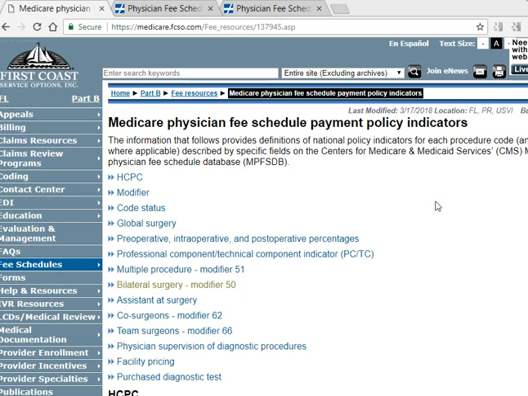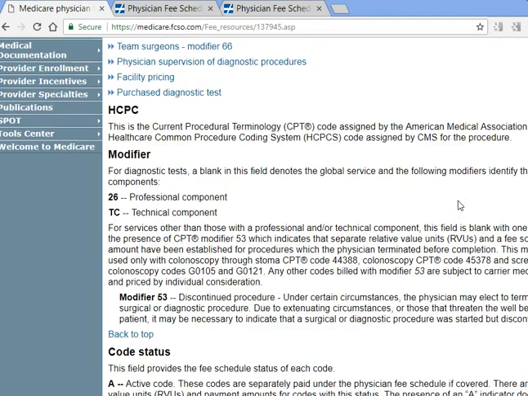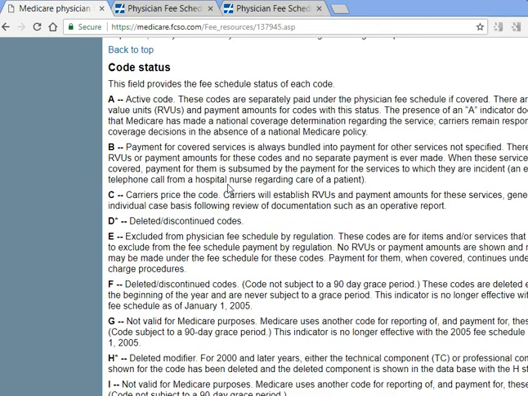So we're going to scroll down here. These are all the possible options. So you see, modifiers just explained essentially what I just said. Modifier 53 is a discontinued procedure, which we talked about a moment ago. Scrolling down further,